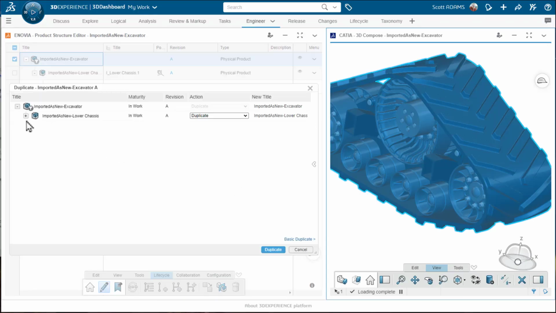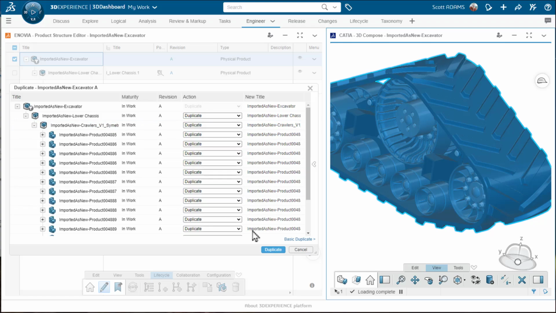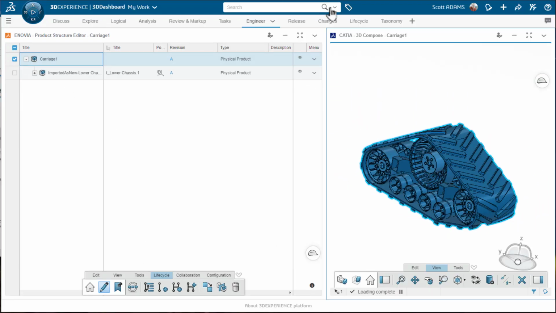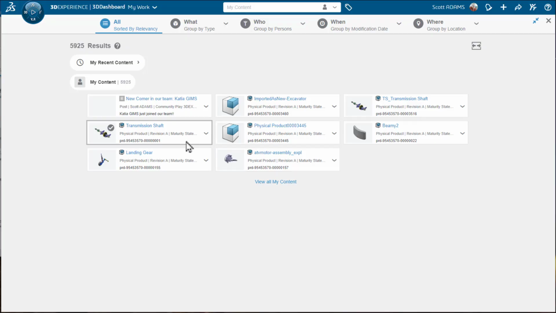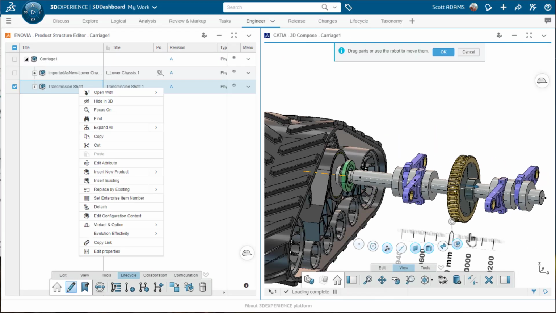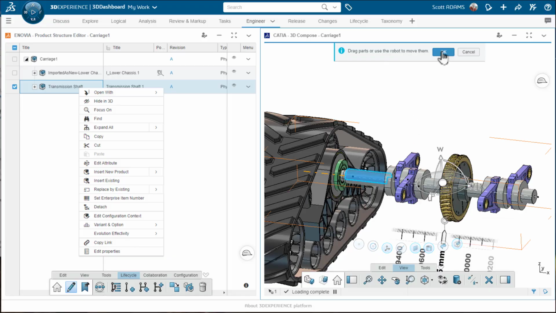For a new design, start from scratch or copy all or part of an existing product to mock up an idea and mature it into a new product. Compose designs without the aid of CAD to develop new ideas quickly. Drag and drop parts and assemblies from any CAD source into a session and position them in any orientation.